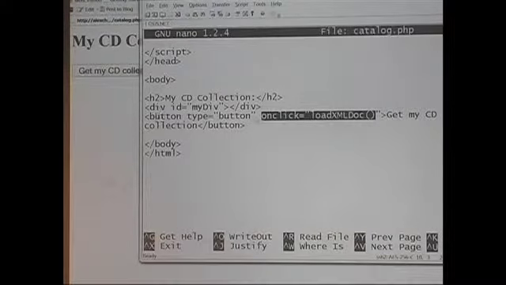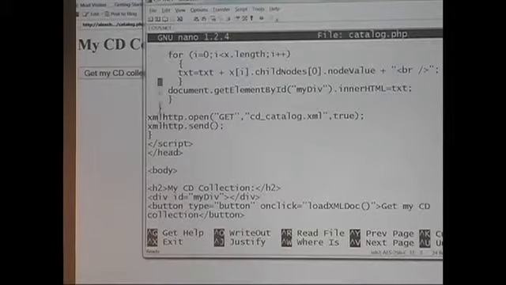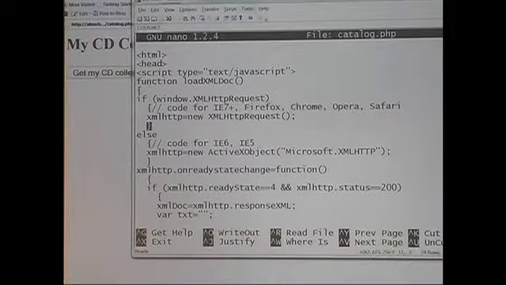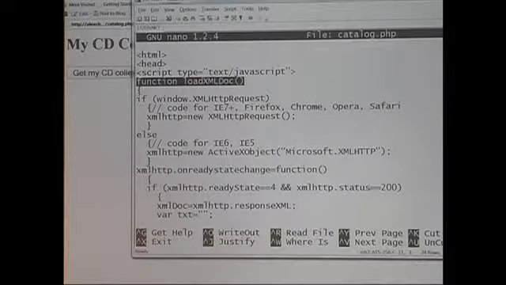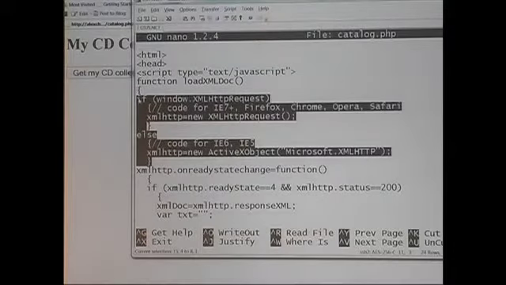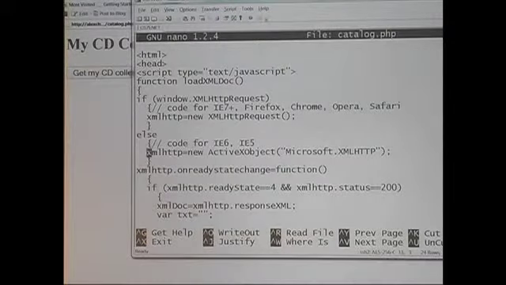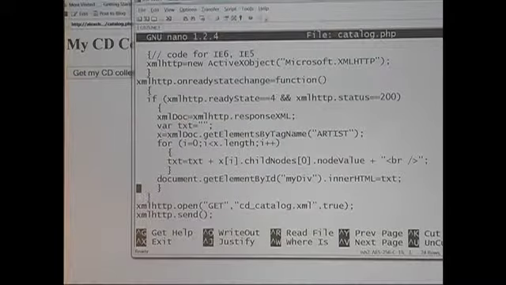Okay, so the function loadXMLDoc is over here. Again, we want to make sure that it's compatible with different kinds of browsers. So that's that. And if everything is fine, then we want to,